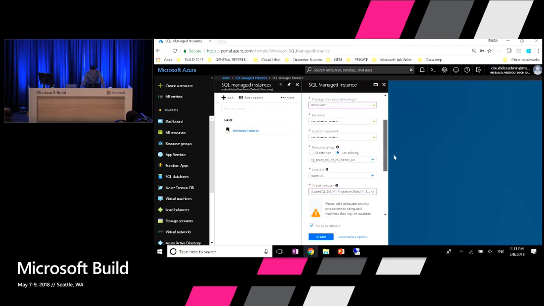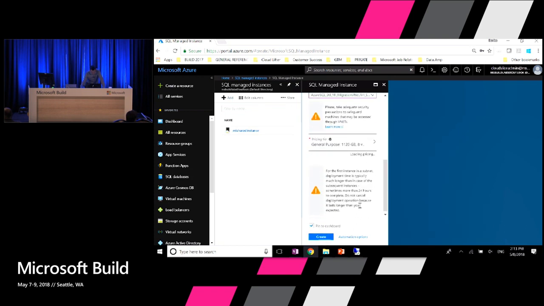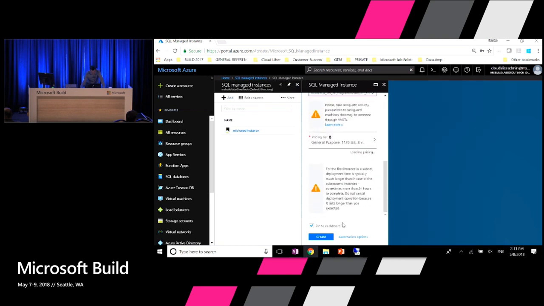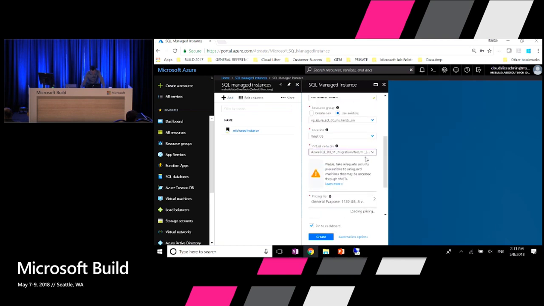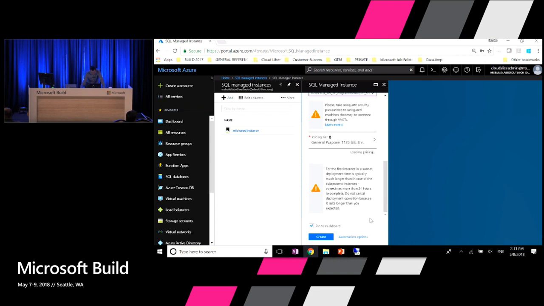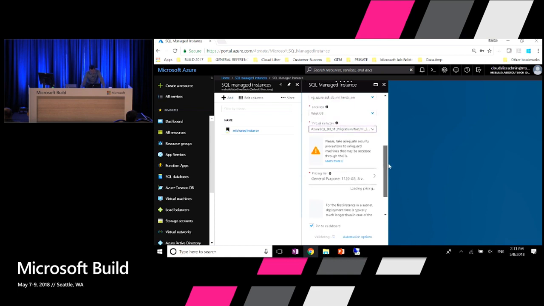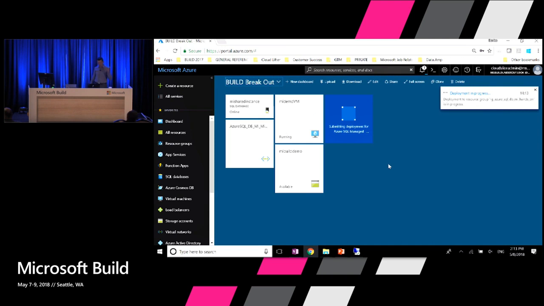I just say, click create, pin to the dashboard, and that's all. I hope it's fine, the VNet is good, and then I just issue creation, and hopefully after it validates my inputs, in a few minutes, 2 minutes, you have your instance running.